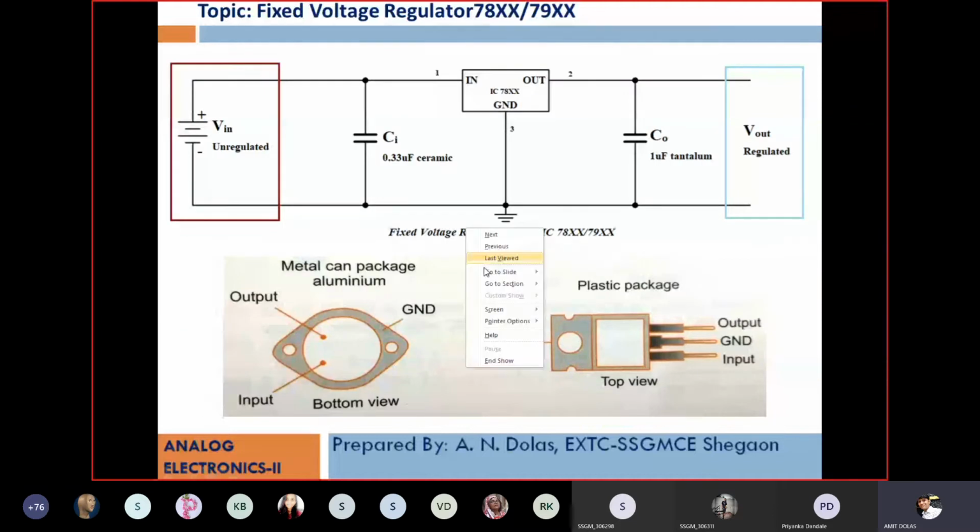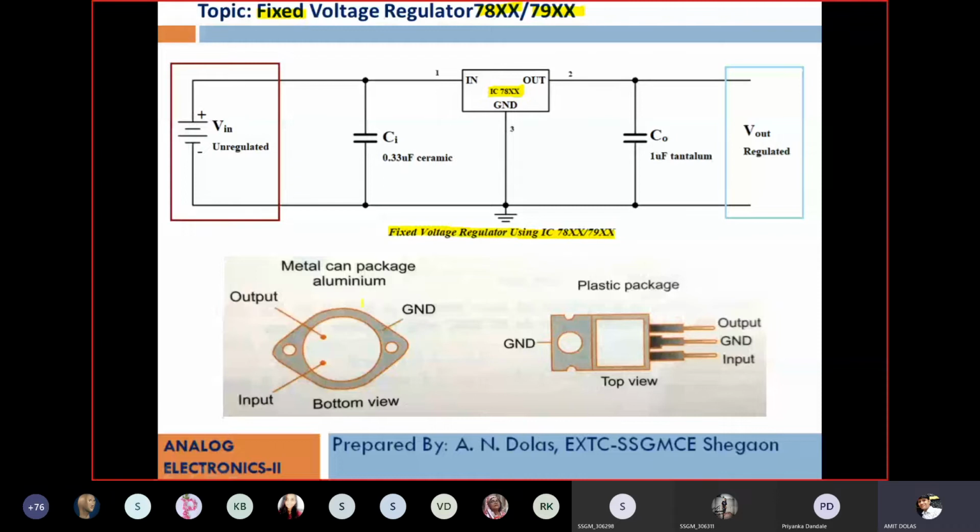Now the circuit diagram of fixed voltage regulator. The fixed voltage regulator is very simple. Example of 78 and 79 series. You can have 78XX or 79XX in place of this IC in the circuit diagram. If 79 is asked, you have to just change the number and accordingly it will change positive voltage to negative voltage. So this diagram shows the fixed voltage regulator using